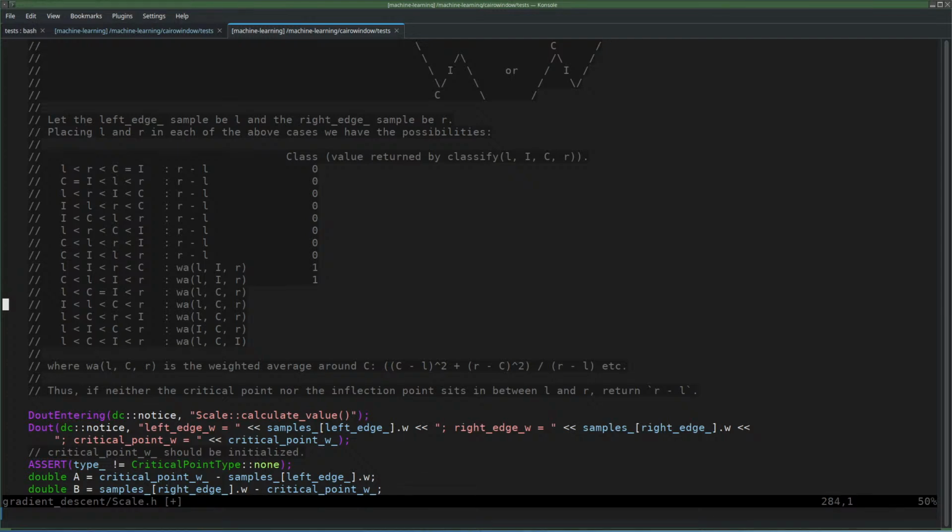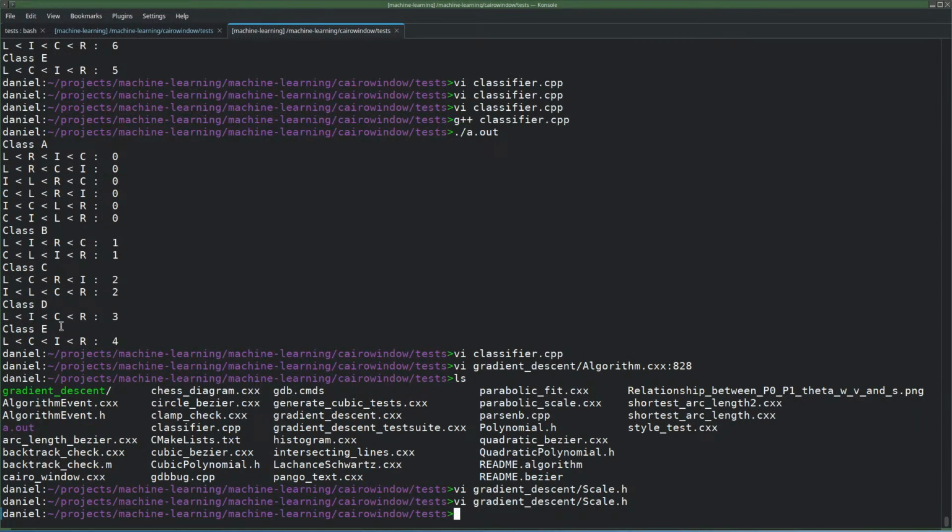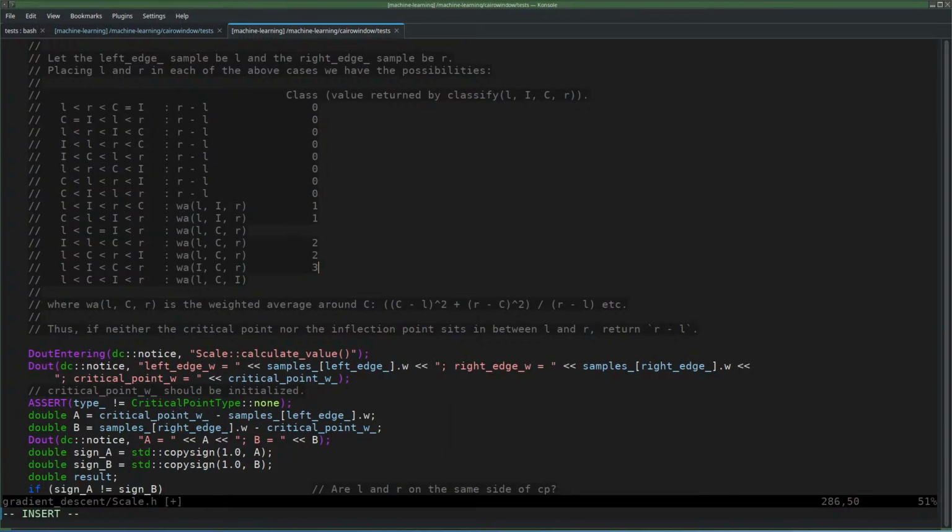This I don't know yet. This is C between L and R. That would be 2. And this is I is less than C. I less than C, that's clause 3. And 4. Now this one should be